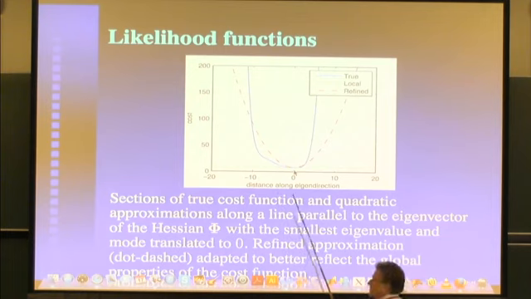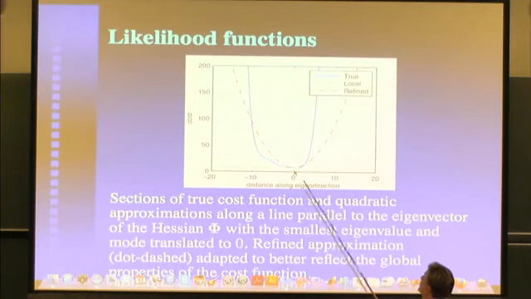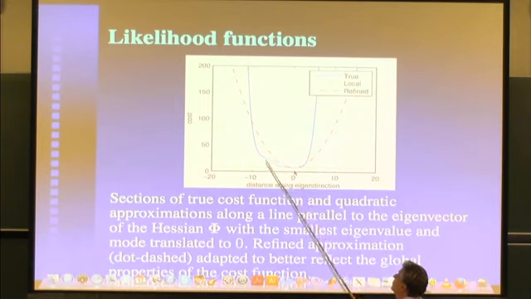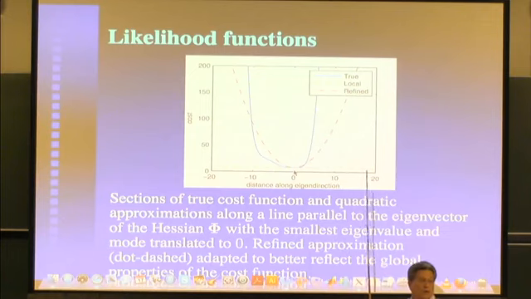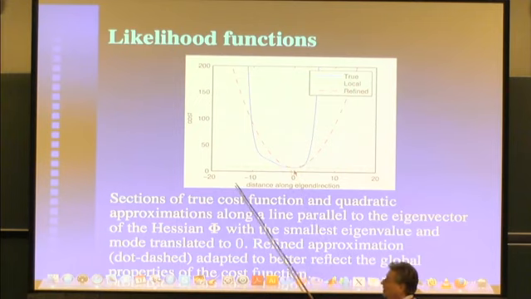This is just along one axis. I know this is a one-dimensional problem, but since the assimilation interval is about 200 steps, the actual state that we're estimating is about 200 dimensions, and this is in one direction. The true likelihood function is this blue curve. The likelihood function that we would get from the Hessian, that is from the local curvature, is this green curve. That is to say, it's really flat.